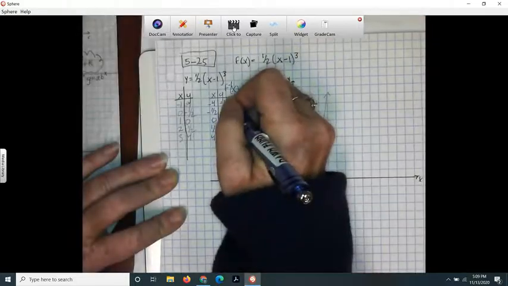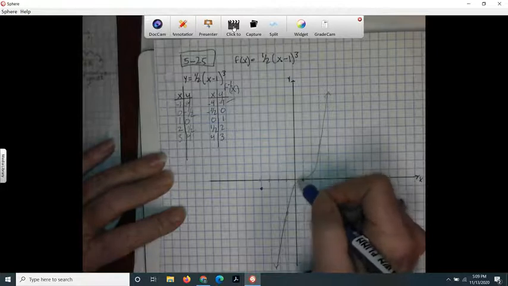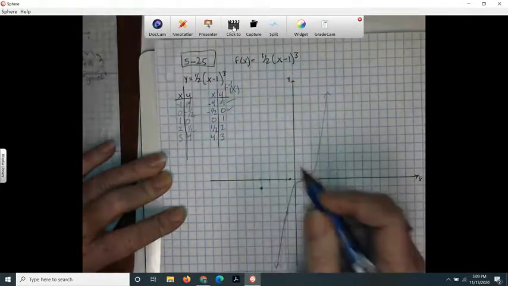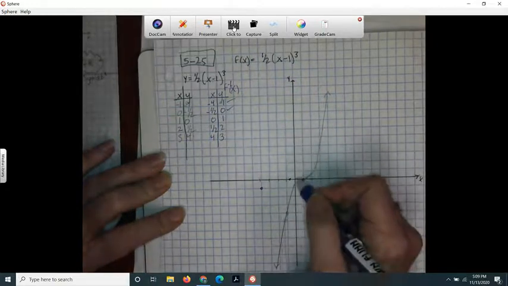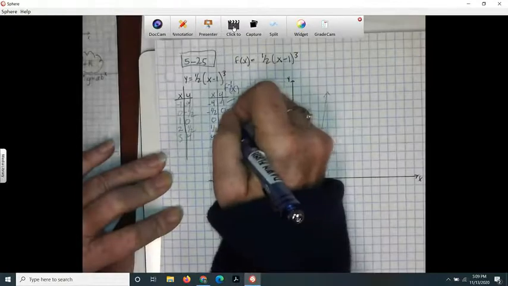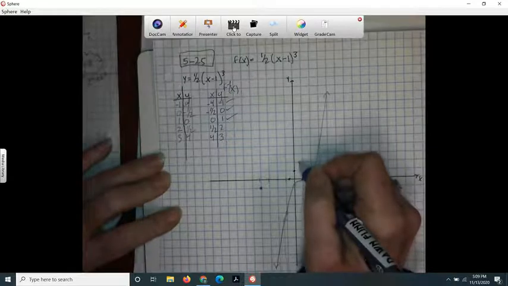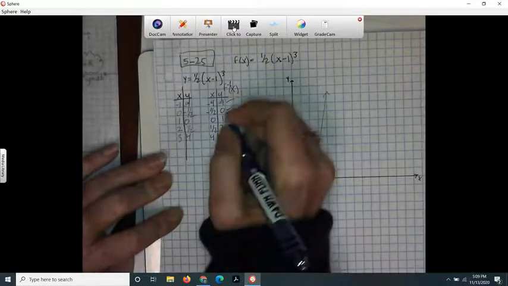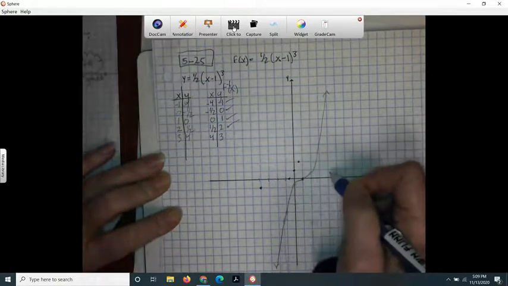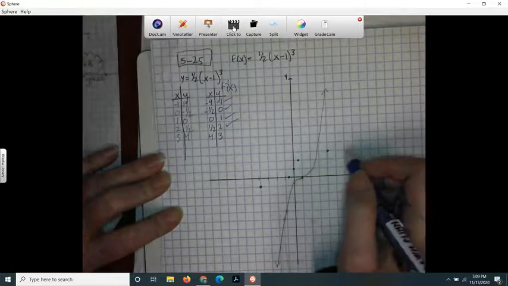I'll mark it off that I did it. -1/2 and 0. 0 comma 1. I hope I don't make a mistake. 0 comma 1. 1/2 comma 2. 4 comma 3. Oh, yeah. Okay, so I think it's going